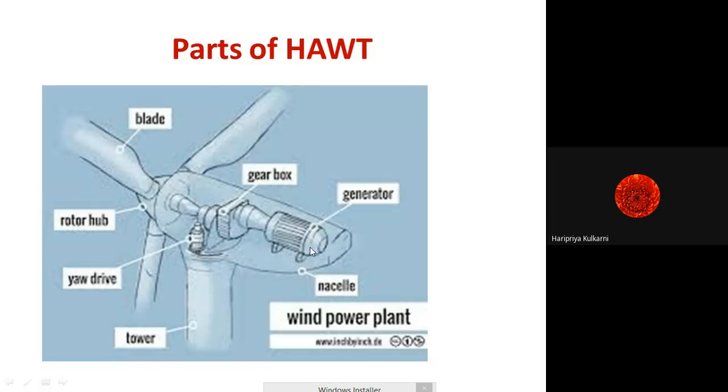Generally, wind farms are away from populated areas, so we are not using the energy at home or in a commercial complex, but directly connecting it to the grid, and generally we go for a wind farm. You might have seen the Suzlon wind generation plant near Satara. While going to that area, it is clearly visible from the roadways as well. So you all might have seen it. These are the various parts of the horizontal axis wind turbine.